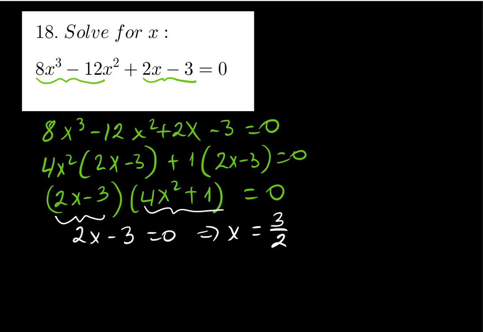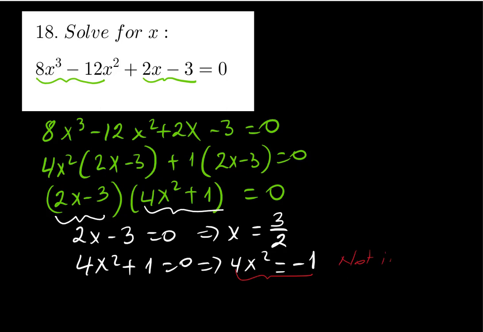And the second part here is 4x squared plus 1 is equal to 0, meaning that 4x squared is equal to -1. But if you look at that, we have seen that we are solving these in R, not in the complex system. So that means this one is not good, not in the real number system. So what is left is this. So the solution finally is x is equal to